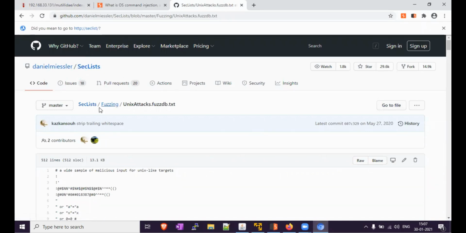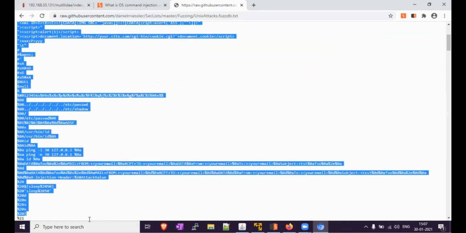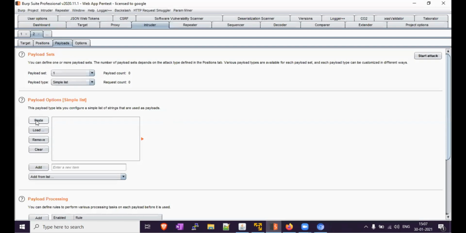In the checklist, you can select the fuzzing and Unix attacks first. We are just checking the raw list, and we are using some of the payloads here. Okay, just copy that and paste it here.